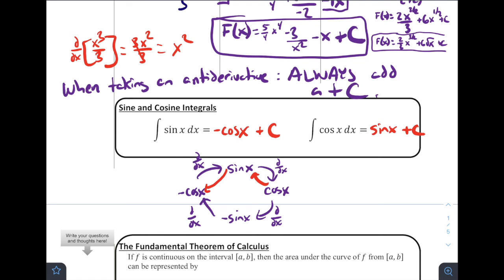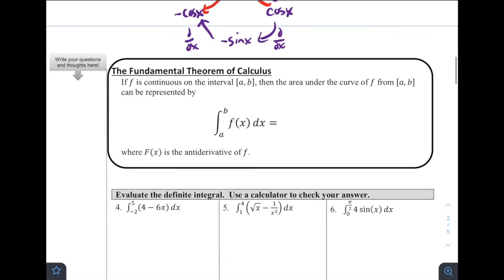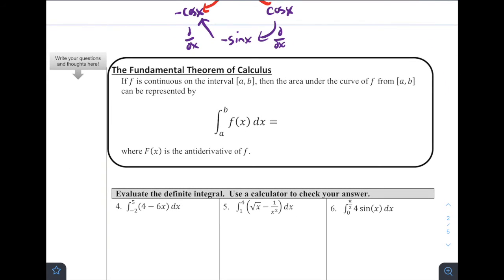We're going to get now into the fundamental theorem of calculus. We said that there were two parts to this. We've talked about the first part already earlier this chapter 6. Great. So the fundamental theorem of calculus, the second part: if f is continuous on the interval from a to b,